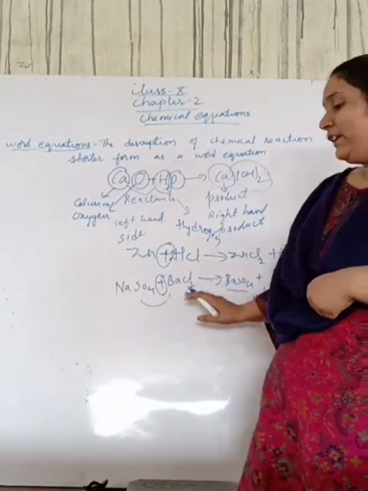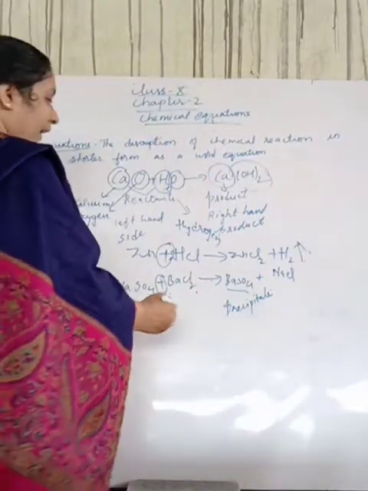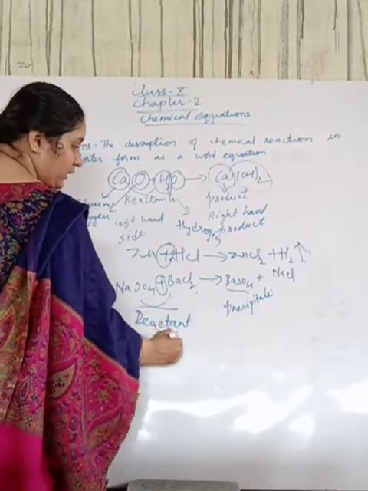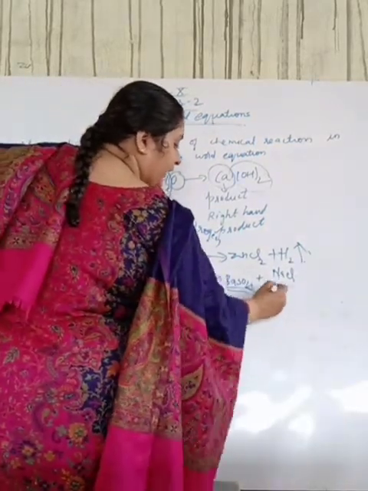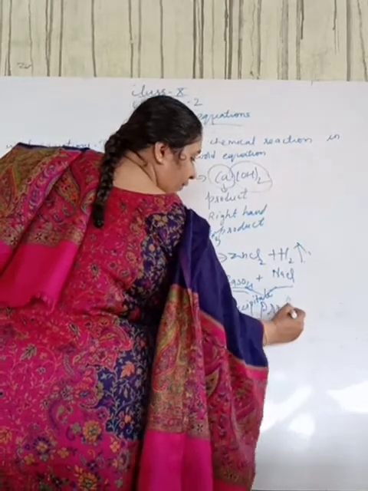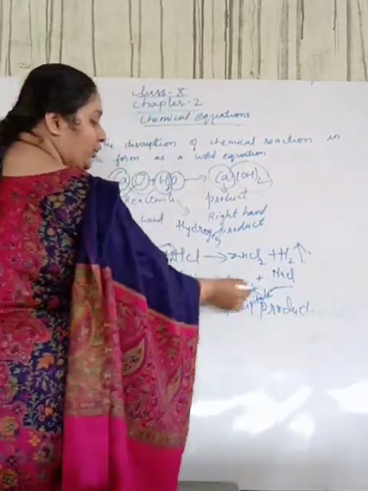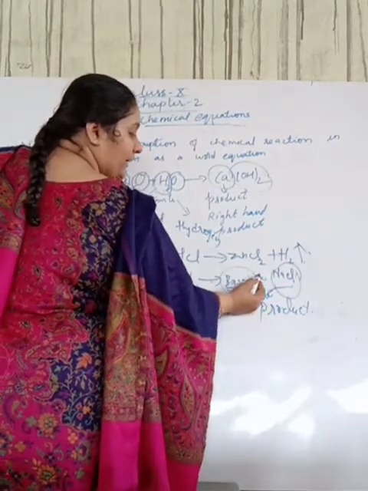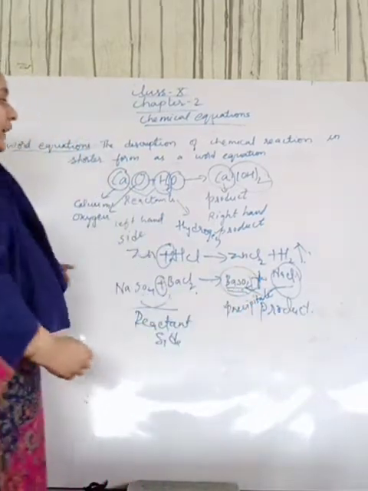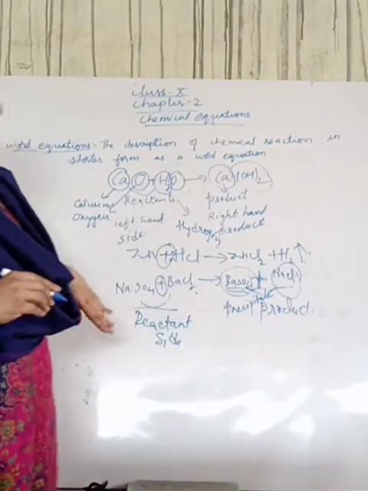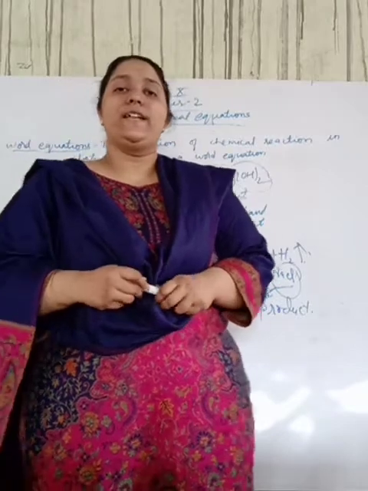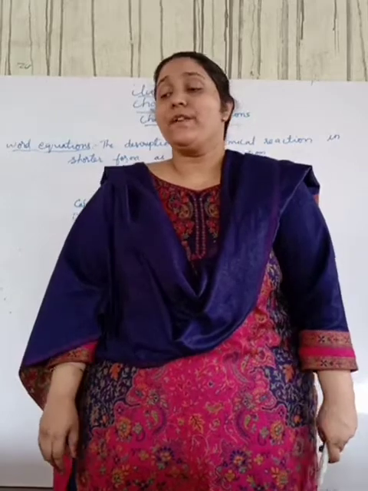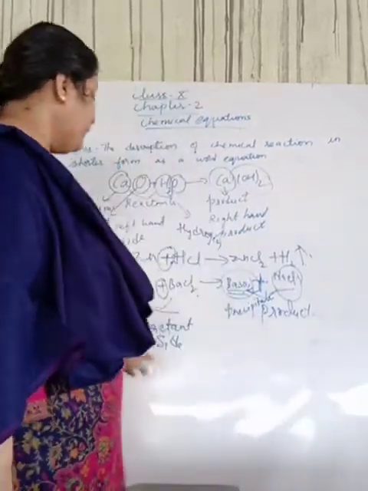Okay, similarly, this is the reactant side. Now BaSO4 plus NaCl, these are on the product side. Again on the product side we are getting two new substances, and these two new substances are again separated with the symbol plus. So we can say that any two substances are separated with the symbol plus. Got it, students?